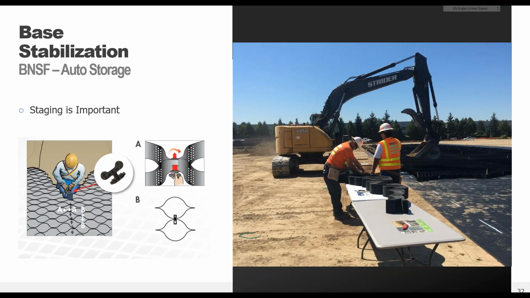Here's a best practice pro tip: staging tables, as staging is important for any large project. Here we see the use of staging tables where adjacent panels are connected prior to being expanded and placed across a prepared subgrade. Each panel has an area of about 270 square feet or 25 square meters, and this contractor is using the tables to connect 3 panels together side to side, providing a total area of over 800 square feet and about 75 square meters. The staging tables allow the workers to stand while connecting the panels for a quicker and more ergonomic pre-assembly.